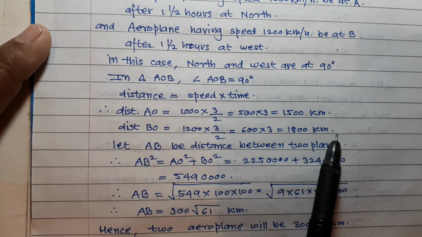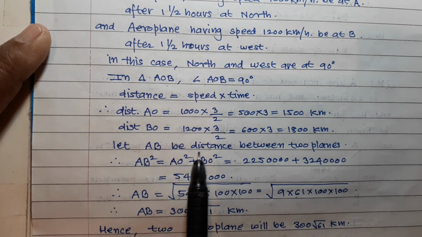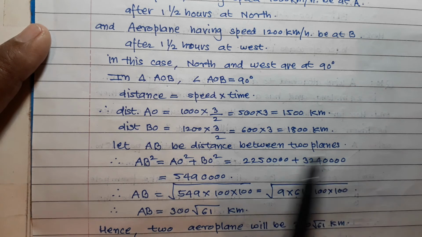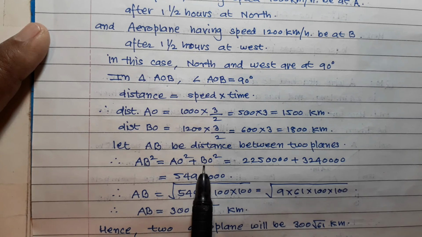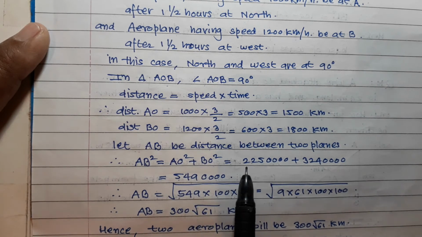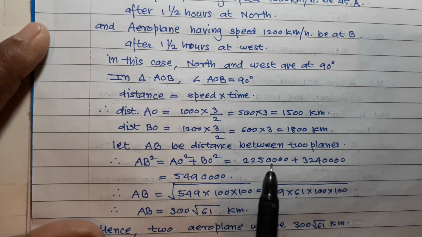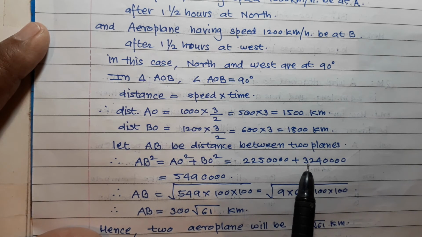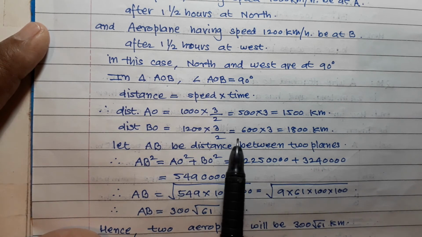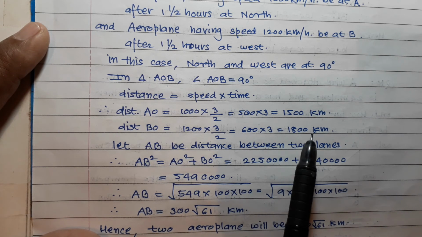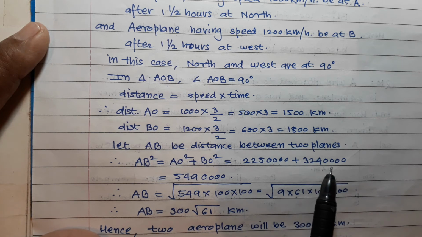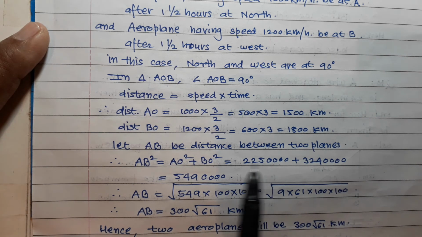Let AB be the distance between two planes, then AB square is equal to AO square plus BO square gives you 225,000 square of what this, and square of what 1800 is equal to 324 and 4 zeros. So if you add this, you will get